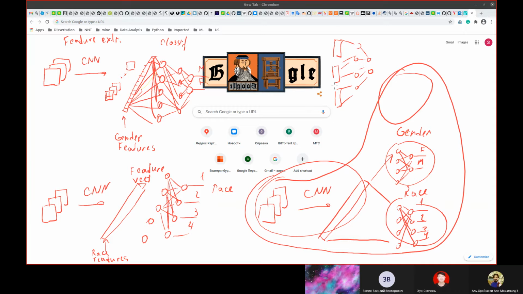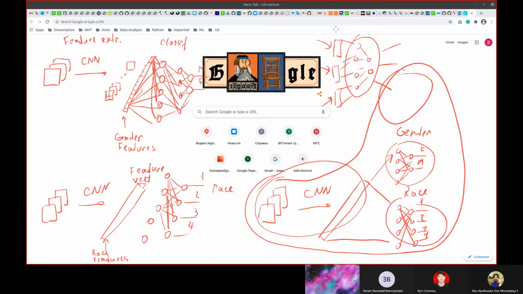For example, for gender, you can't use different feature vectors, and how can you get them, using just one neural network for gender, for race, and for age classification?